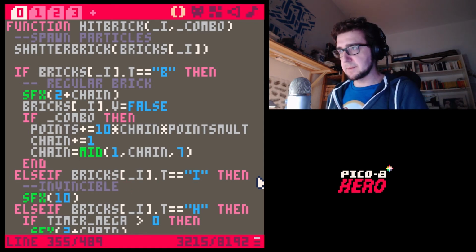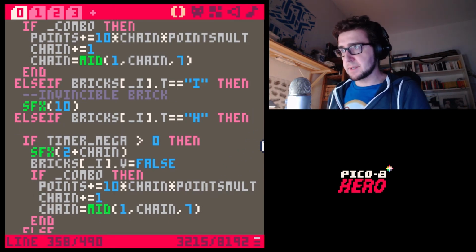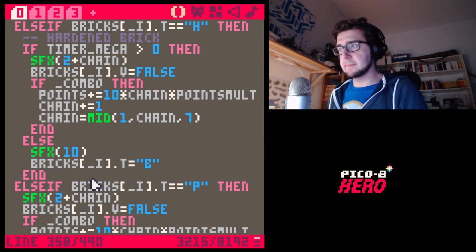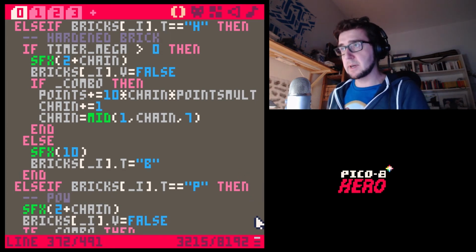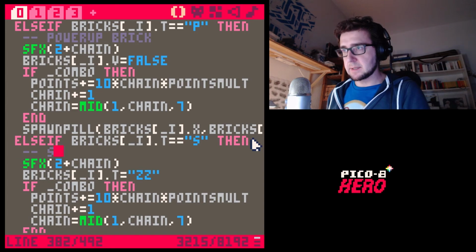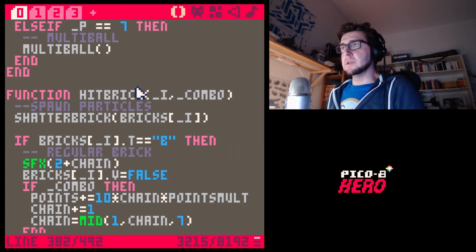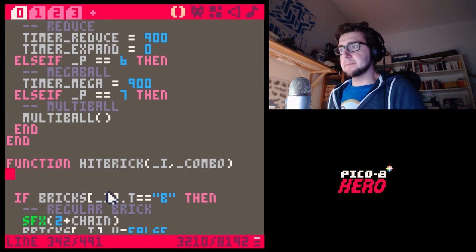Invincible brick. This is hardened brick. And this is power up brick. And this is explosion brick. Cool. So shatter bricks